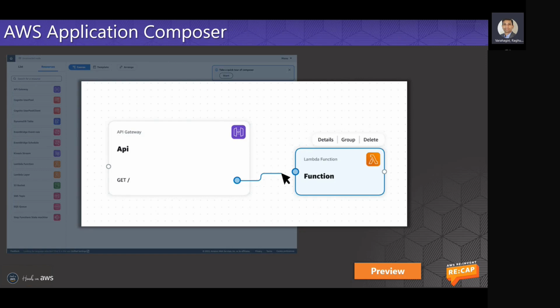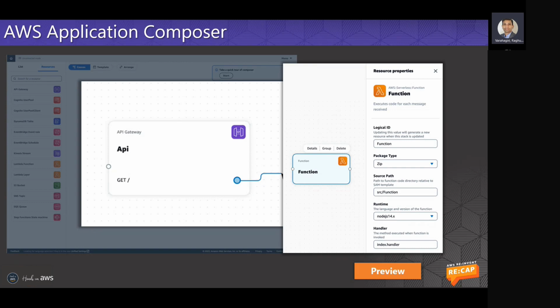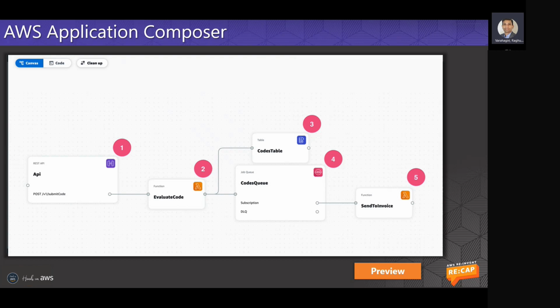And those connectors give you 2 or 3 different capabilities. It could allow you to connect component A to component B and send an event across that connection. It could send data, or it could send credentials, or in the case of IAM, it can send a role. So those kind of connections are possible. So if you look at a detailed view of each component, you get options to choose the various configuration parameters for that particular component of your infrastructure, of your architecture. And then that way you compose an application that you have in mind using these building blocks and connections between them. So here is an example gift code